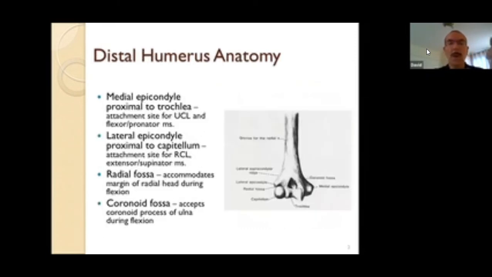So obviously at the distal end of the humerus itself, you've got quite a few attachment points. On the medial epicondyle, you actually find the ulnar collateral ligament as such. So if we look at that, that's into here. On the medial aspect, you've got the trochlea and the medial epicondyle here. So attaching to that, you've got the